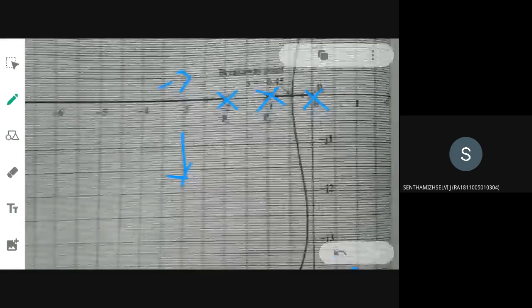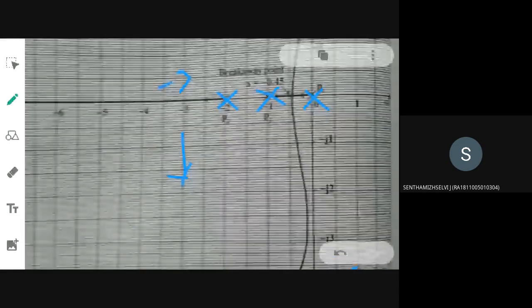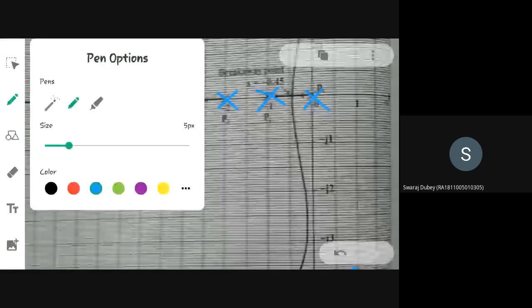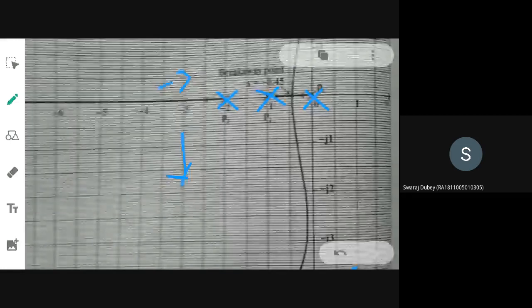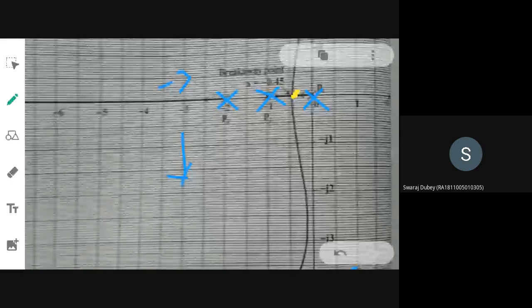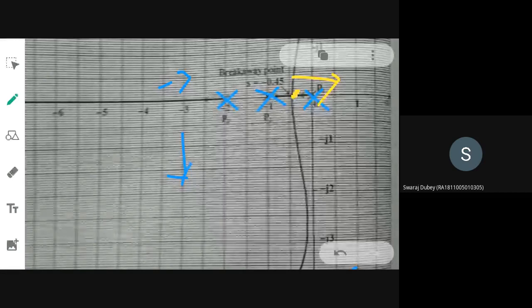Yes, you need to fix up root locus and real axis. So how will you proceed with that? Those who did not understand, listen to me carefully. You have to fix a trial point here. Look at the number of poles to this side. How many poles are there? One. So that will be forming part of the root locus or not? Odd means it will form. Okay, so you shade it and mark direction.